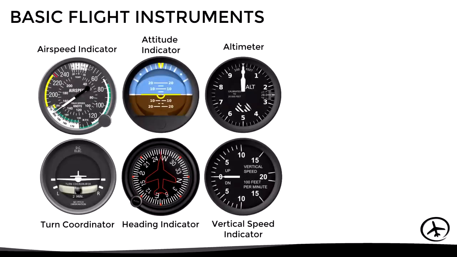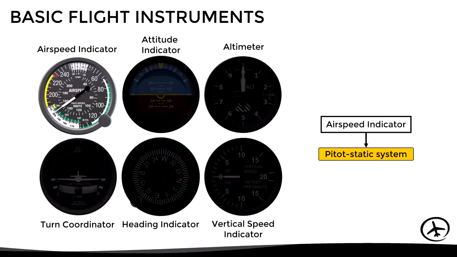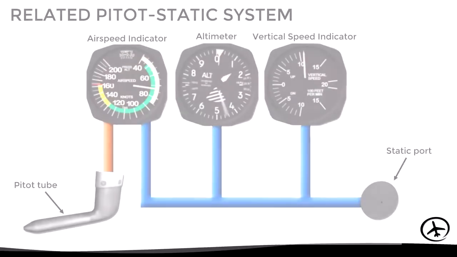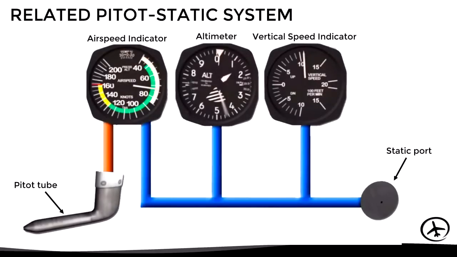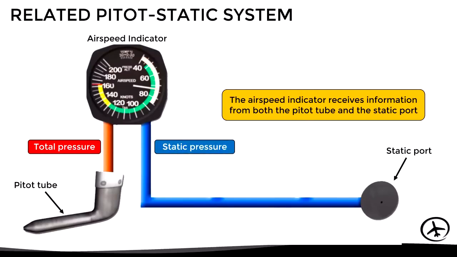The airspeed indicator is one of the 6 basic flight instruments, and as we said in the previous video, this instrument is linked to the pitot static system, which means that its reading depends on the measurement of the air pressure. Let's see the schematic of the pitot static system. As we can see, the airspeed indicator is the only instrument that is actually connected to both the pitot tube and the static port. The pitot tube provides total pressure, while the static port provides static pressure, or in other